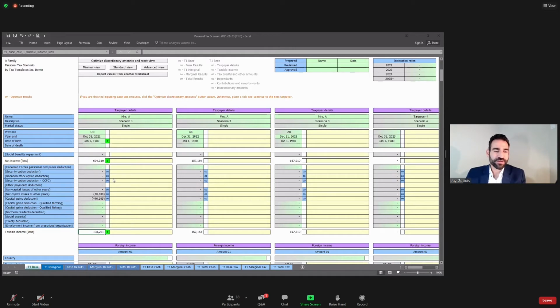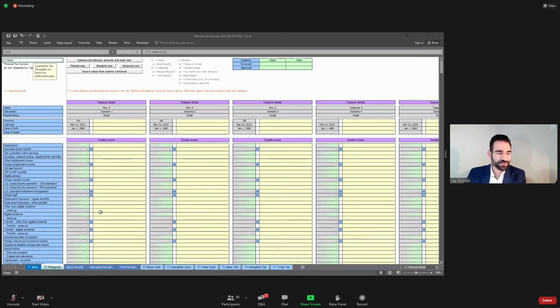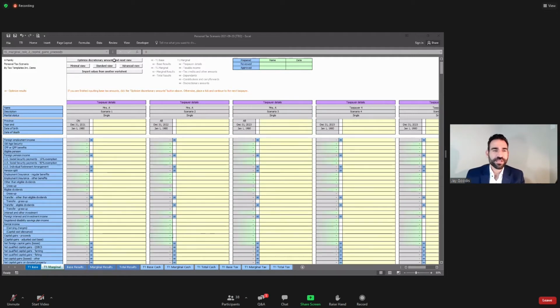So I'm going to go ahead and click my T1 Marginal tab, and you have the same flexibility as the base tab, but what we're going to do is calculate the results at the client's precise marginal rates. So let's assume that we'll go with that capital gains example, where maybe our client has a capital gain here of $100,000. So I'll put in the 100,000, I will hit optimize, and then what the worksheet will do, it's going to determine what is our after-tax cash going to be on this $100,000 in capital gains. And again, it will be at the precise marginal rates, which based on the section we just looked at, or the base worksheet, is going to be above